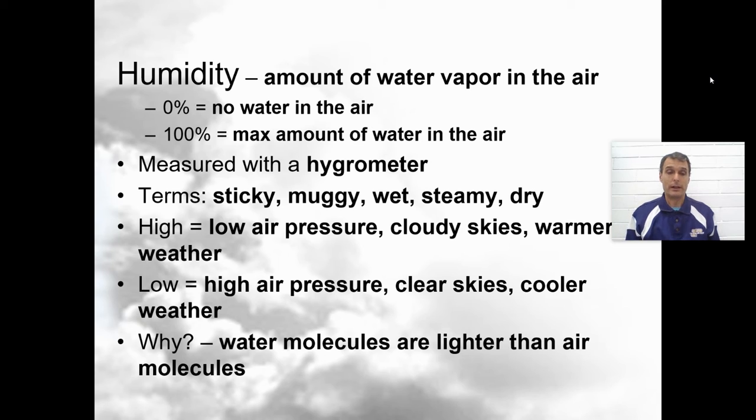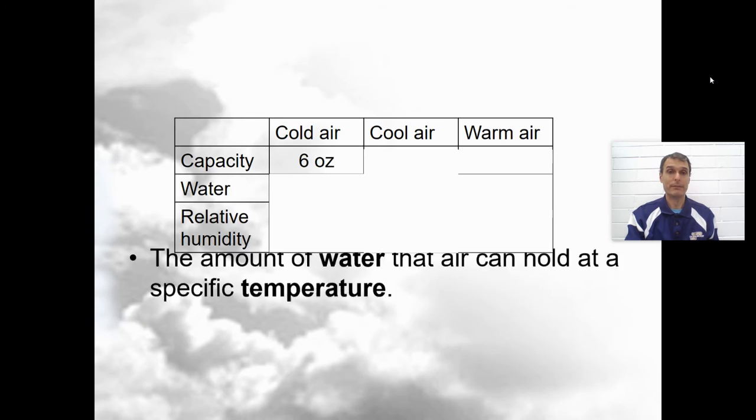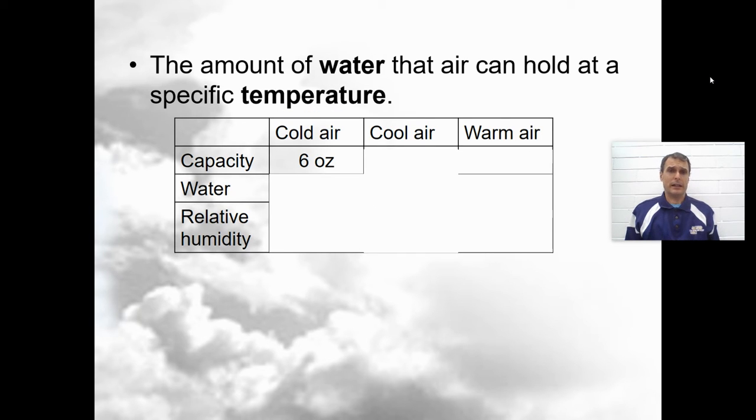Okay, so how is this even possible that water can hang out in the air? Because water is actually lighter than air molecules, which is kind of mind-blowing, but these are tiny, tiny little particles of water in the air, and they weigh less than the air, so they can be suspended in the air. Okay, so the humidity is directly tied to the temperature of the air, and the higher the temperature, the more heat energy that the air has to hold